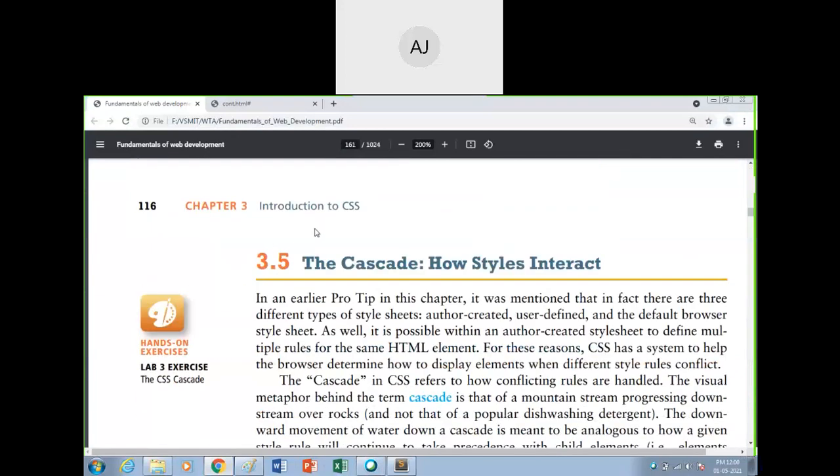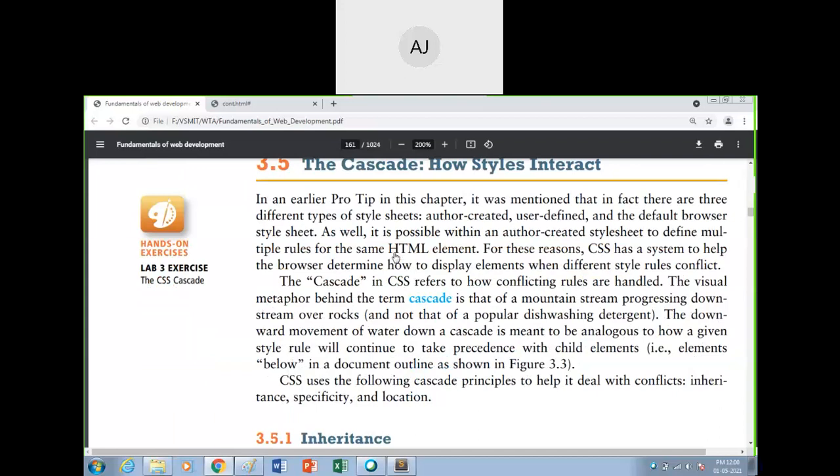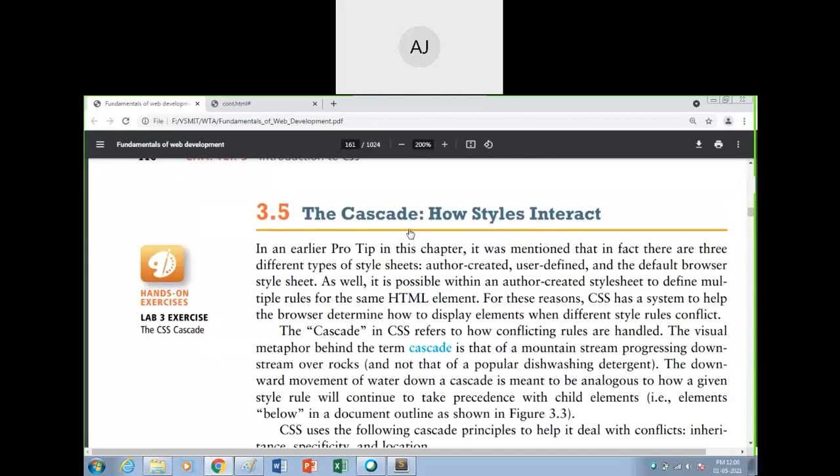Next one, the cascade, how styles interact. A very important concept, how the cascading will be done. For this there are three principles we are going to use. Let us see what those are. Actually, the meaning of this cascade is that there will be a conflict.